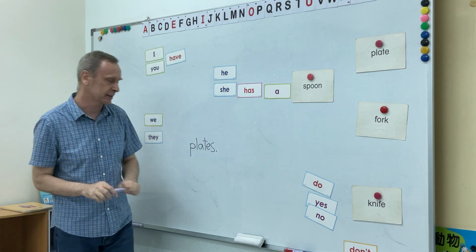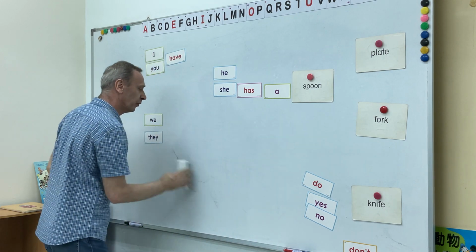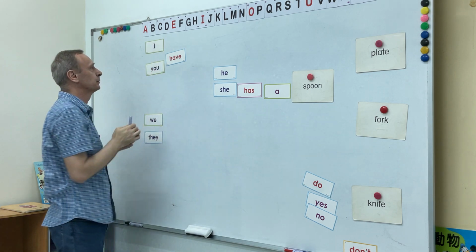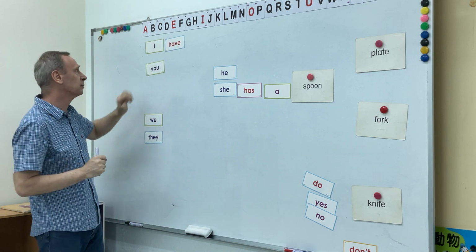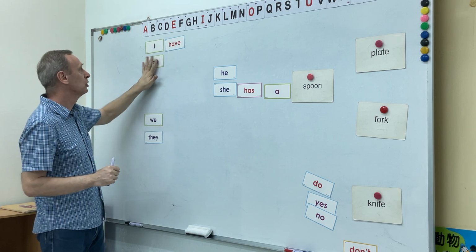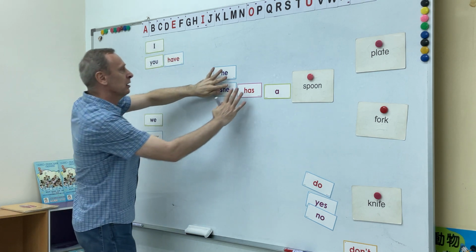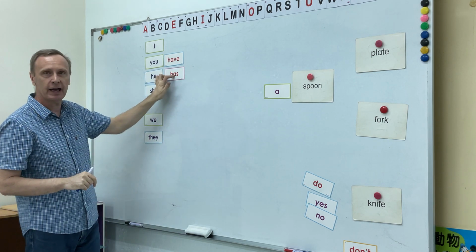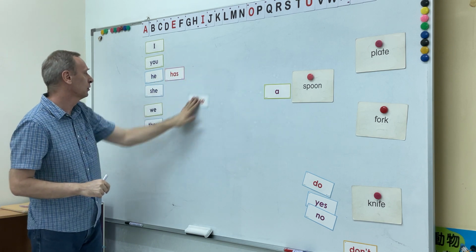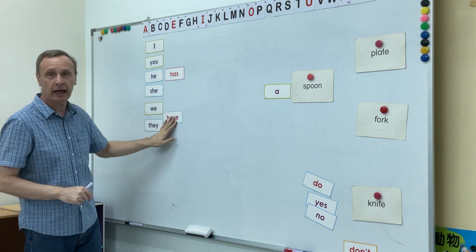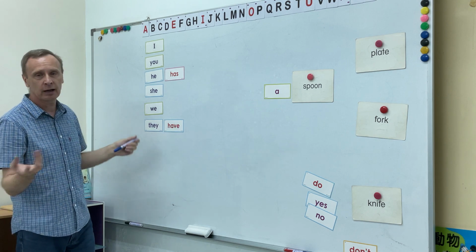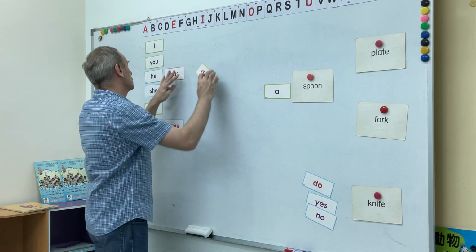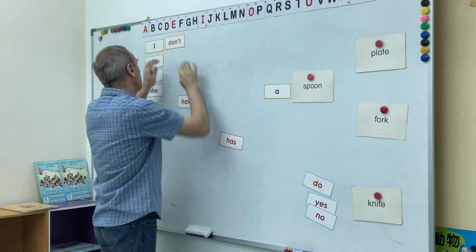That's the most important part of lesson 11. Now let's see all together one more time. Try to repeat after me. I have, you have, and then these two we put them inside, it becomes like this. He has, she has, we have, they have. And if you want to say I don't have, you don't have, we just do one don't in the middle and